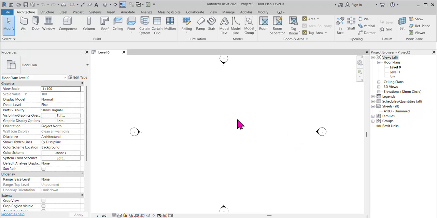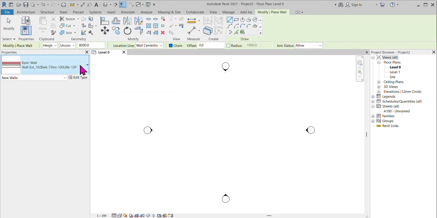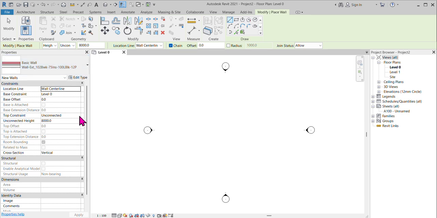Now I will explain how to create the small project with the curtain walls. Okay. So as usual, I can go to the architectural tab. In the architectural, I can find the wall. For the wall, I can set the base constraint and top constraint. Okay. So as usual, I can take one rectangle. I can just draw the